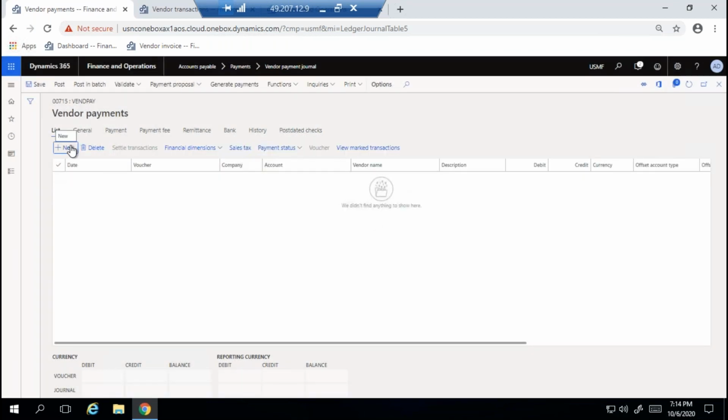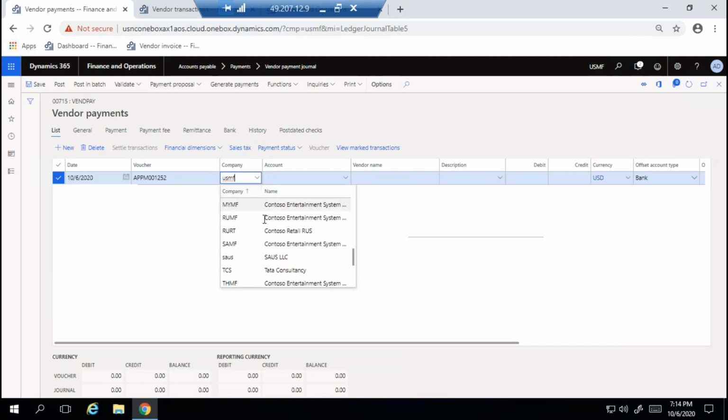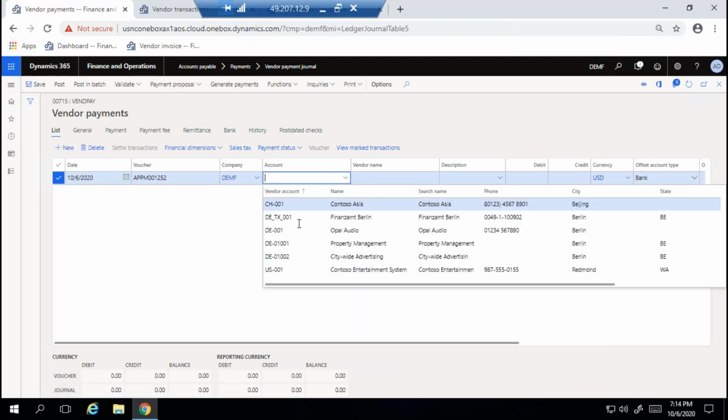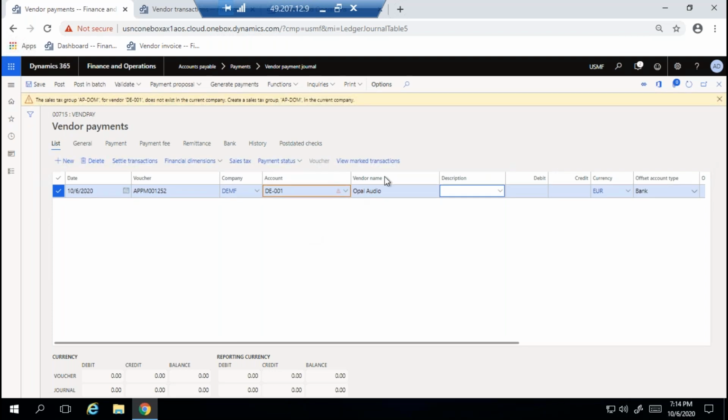You can click new and select DEMF company if you want. And you can select the vendor DE001.